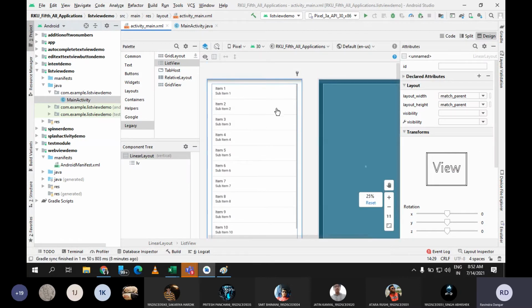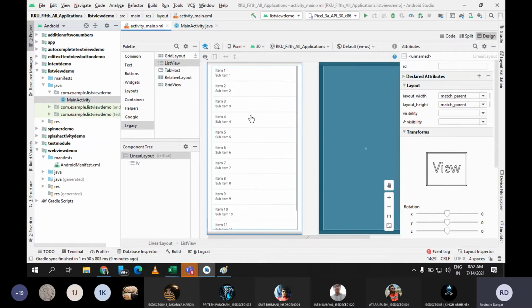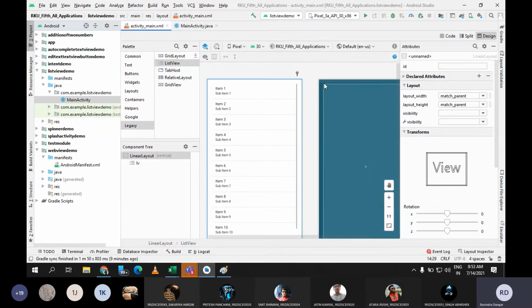You can place sub items as well, but for that you need to go with the custom list view. To implement a custom list view, you don't need to write the code for a custom list view, but you can simply modify this list view only. That we are going to discuss in the upcoming sessions. That is why it displays item 1 and sub item 1. So in each row you can modify things. As of now, we will simply place one item in each row. You can see there are many items and it's a scrollable list. So that's it. Our list view is ready. Our XML file is ready.